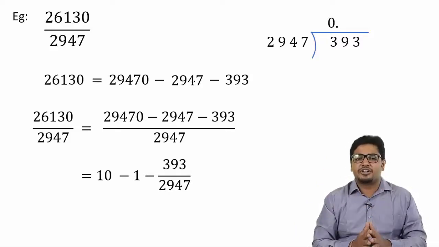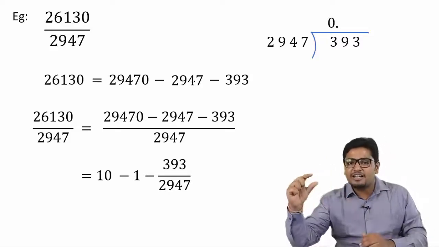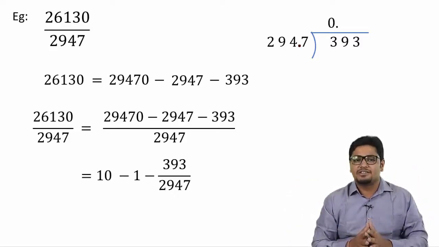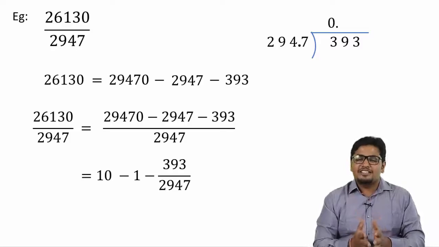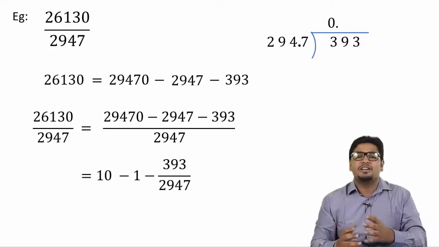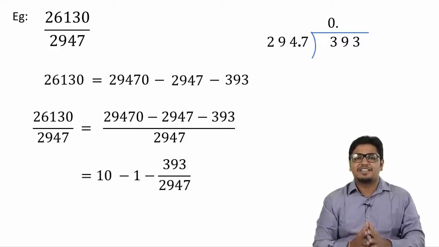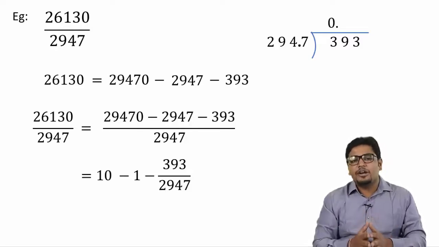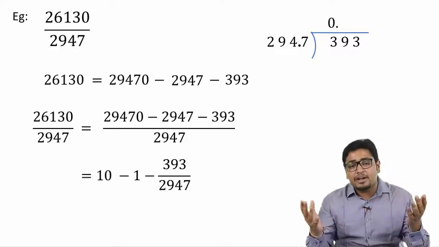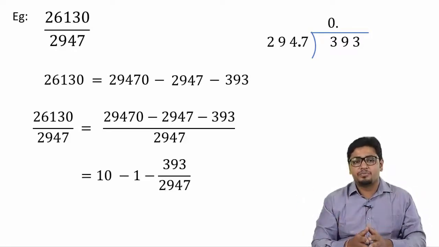And now comes the trick. Instead of adding a 0 to the dividend, we add a decimal in the divisor. This is quite simple, right? Numbers in the division are in numerator upon denominator form. So instead of adding a 0 in the numerator, we are simply adding a decimal in the denominator. One and the same thing, right? This we do in order to save ourselves from doing multiplication by a bigger number again and again.